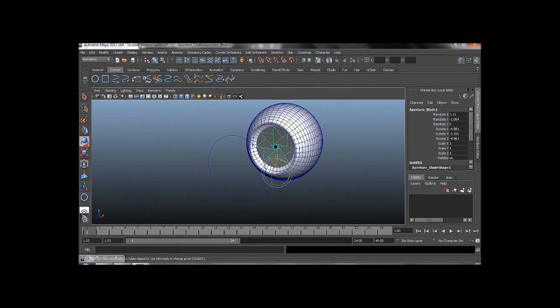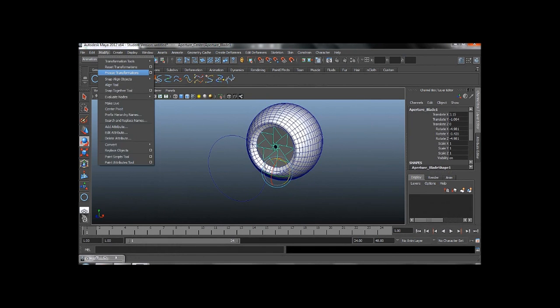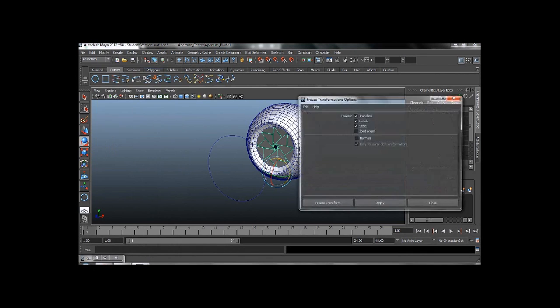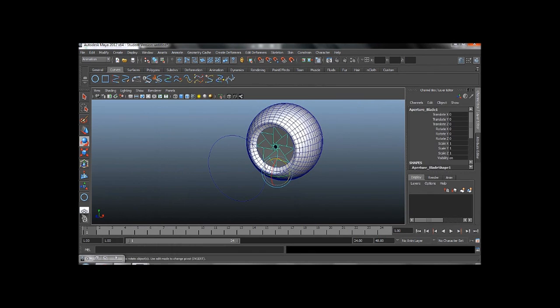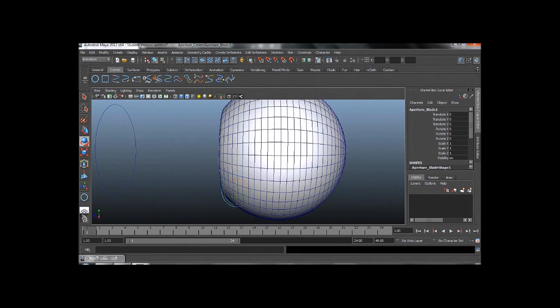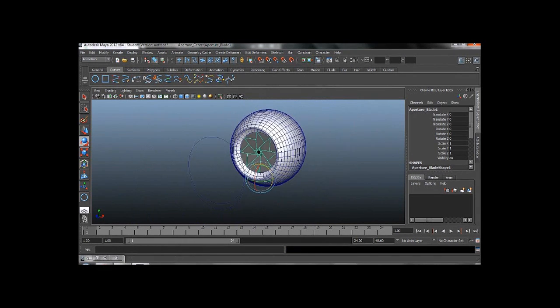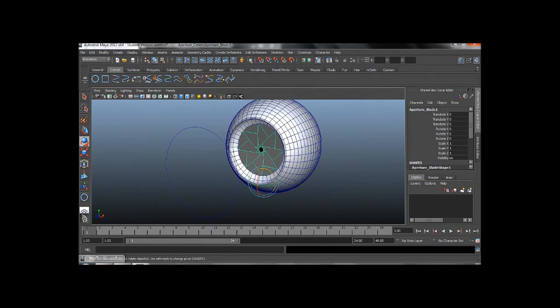whoa, hang on. Okay, I'm going to freeze the transformations on these blades. Apply. And I told you about that earlier. You don't want a bunch of information in here because it'll totally mess up your rig. Okay,